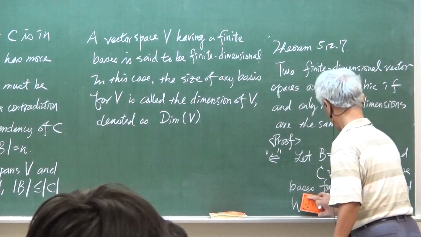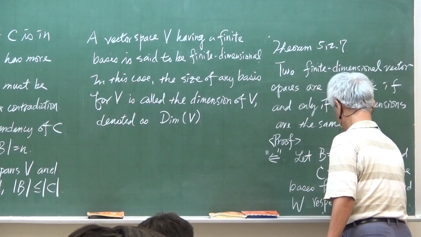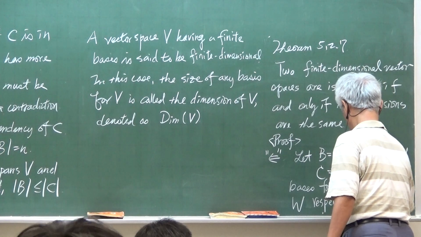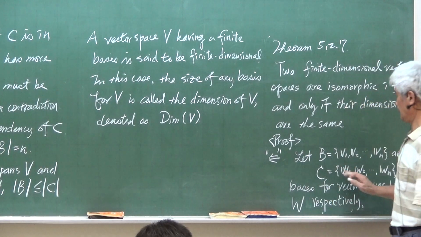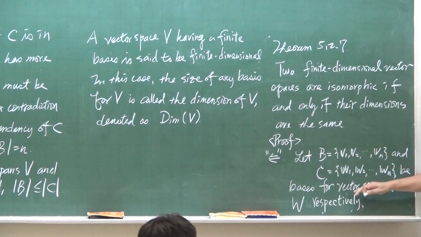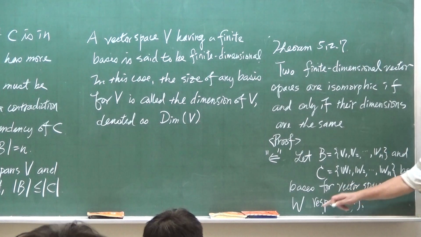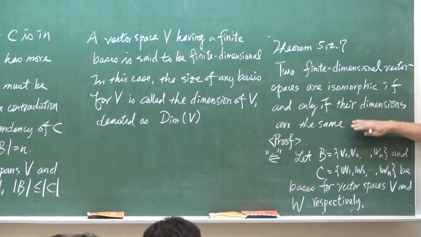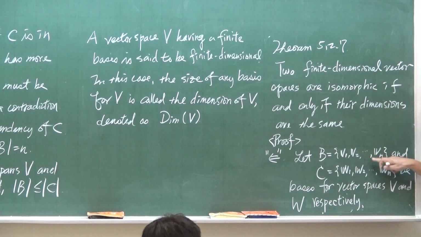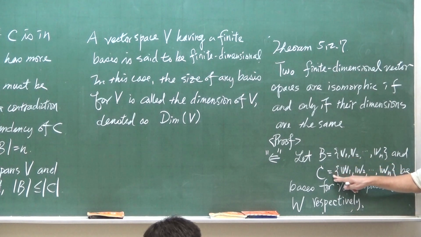Okay. So we have a basis B for vector space V, and a basis C for vector space W, and because we assume they have the same dimension, the number of elements in both is the same. V1, V2, up to Vn for B, and W1, W2, up to Wn for C. So we have